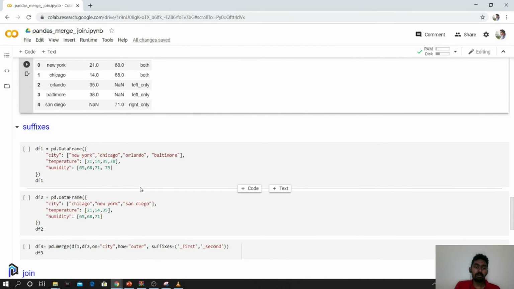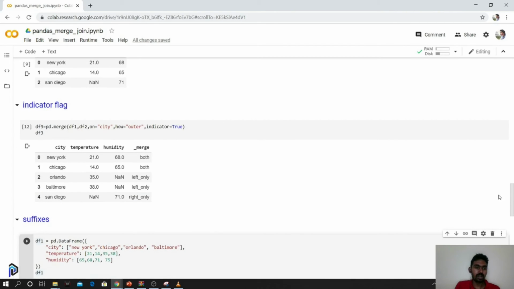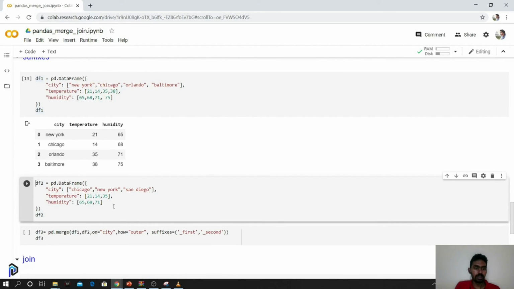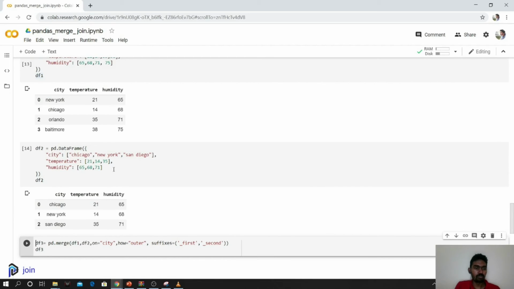So we might have data frames which has, so in the previous example that we saw, we had two data frames. It had temperature and humidity. Both the column names are different. But in some scenario, the column names would also be same, like this. So we have temperature and humidity. We have another few set of cities with temperature and humidity. So when we are merging with the city, different columns have the same name. So we have to suffix it. So you can suffix this underscore first and underscore second. So whatever column, when there is a repetition, it uses the suffix to differentiate whether it's from the first data frame or the second data frame.